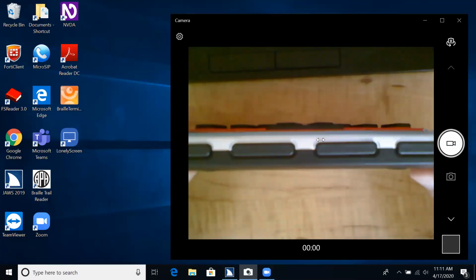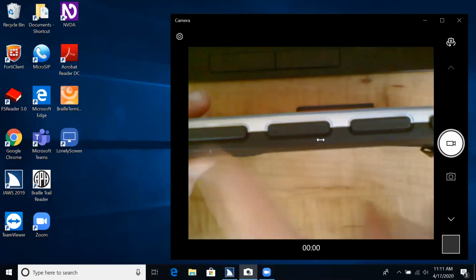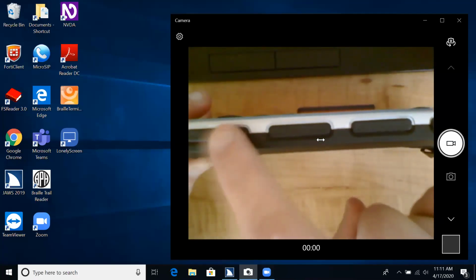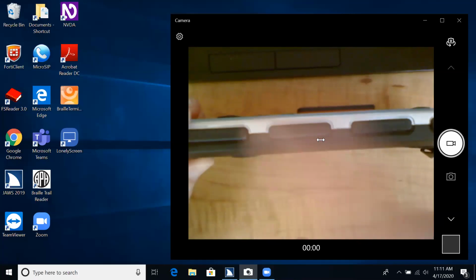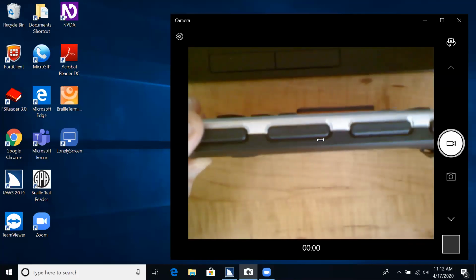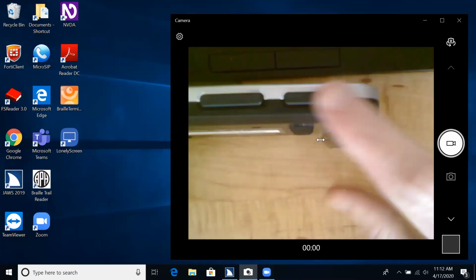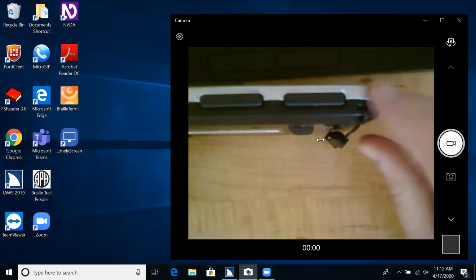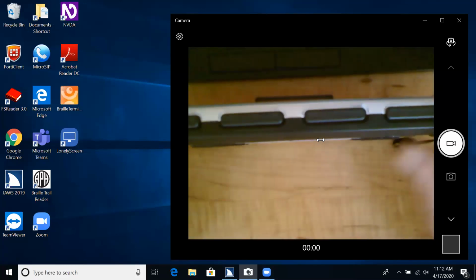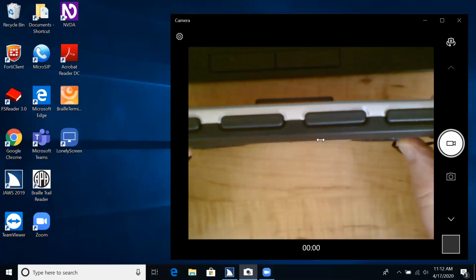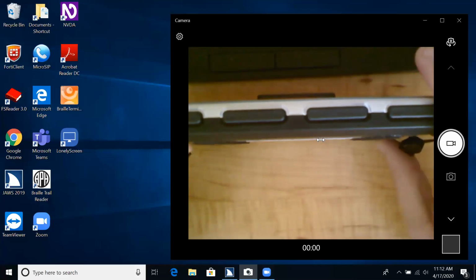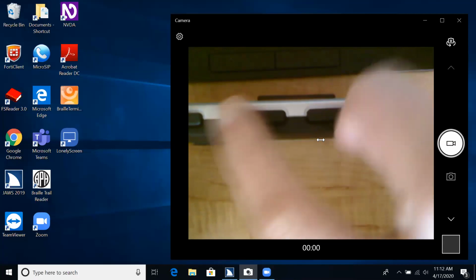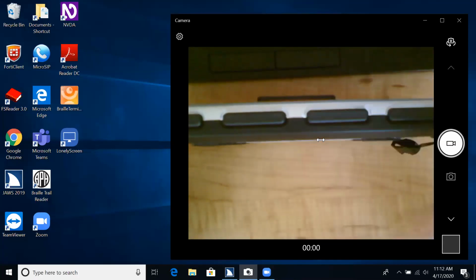Across the front of the device, the furthest thumb key to the left is going to be our previous thumb key. This will move us, again, item by item. Think of them as your up and down arrows. Your previous and next thumb keys will move us in more of a linear way, up and down, item by item, or moving us through focusable elements, whereas the inner thumb keys, your inner left and inner right thumb keys,